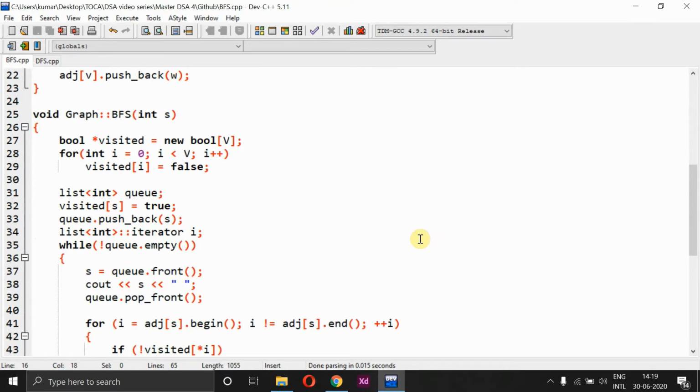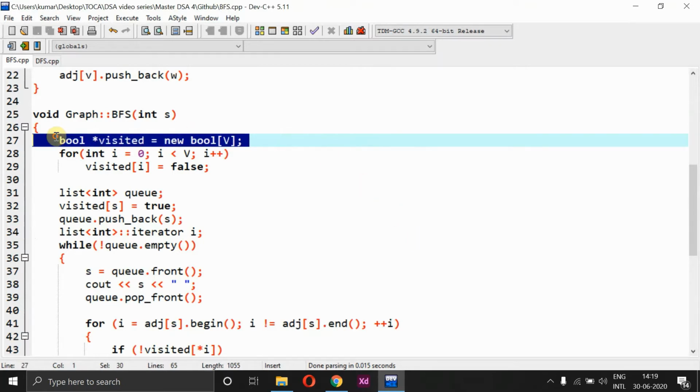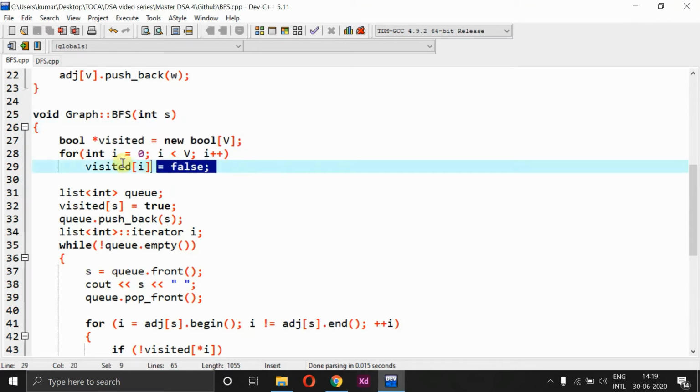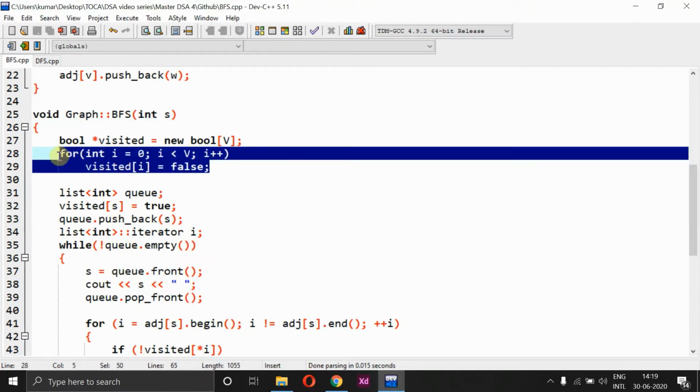I also need a specific array, and here I have created an object called visited. A node that is already visited should never be counted a second time, so that is why I have this particular object, or you can say array, and for the entire array all the values will be given as false by default, right?